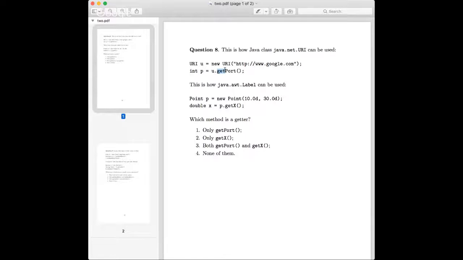The right answer for this question is that only get x is actually a getter, and get port is not a getter because it doesn't return the encapsulated state of a URI. Instead, it builds something for us, it creates the port, and then returns it. So in this case, get port is a behavior, while get x is a direct access to the state.